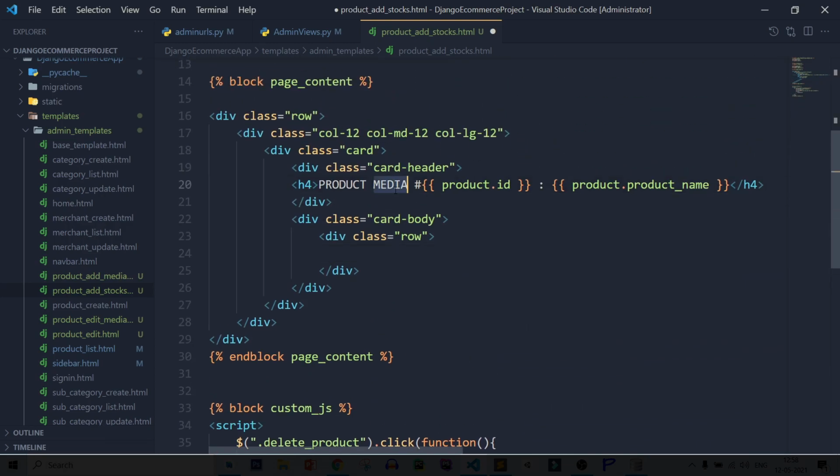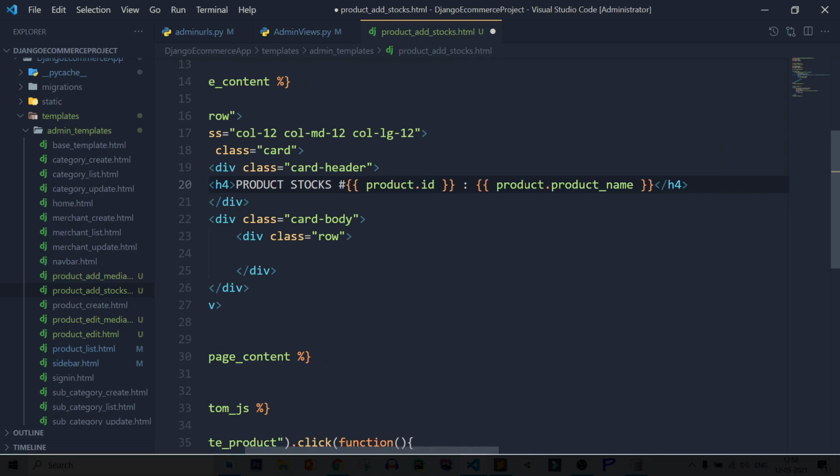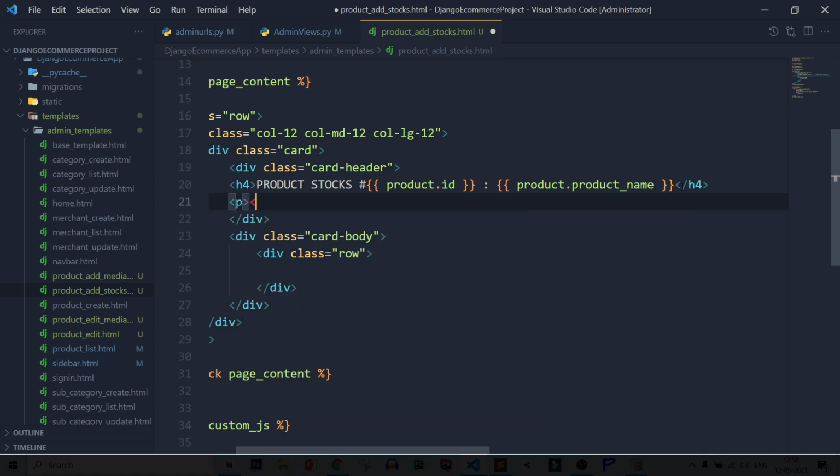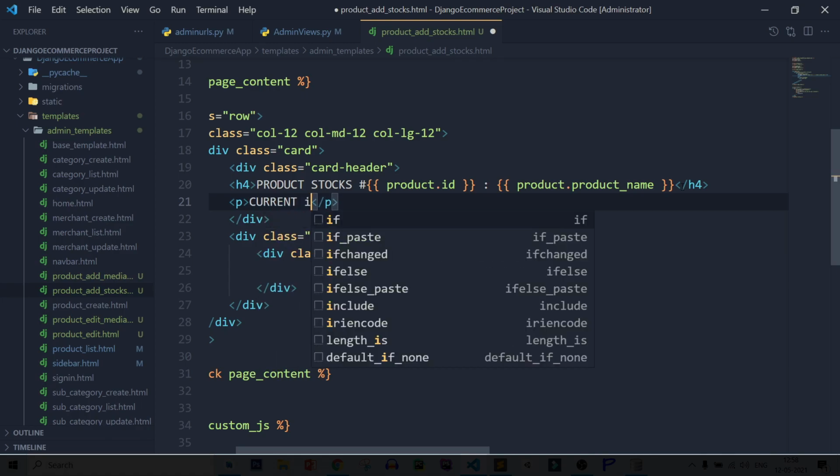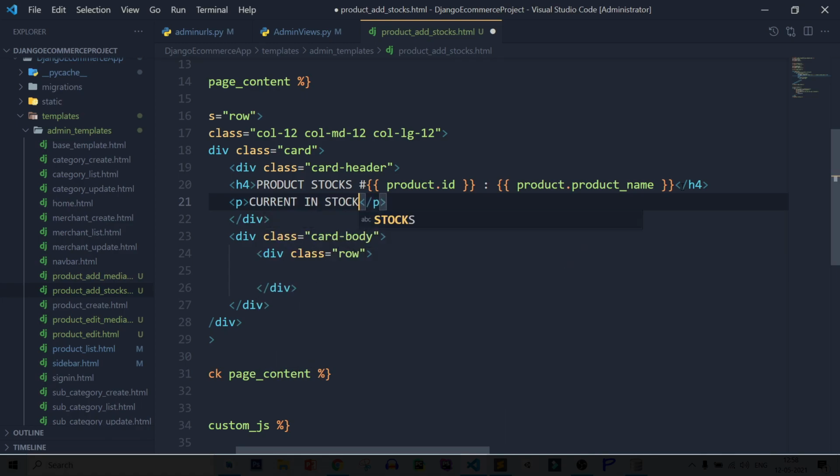After that product stocks, and also showing current in stock, then print it.